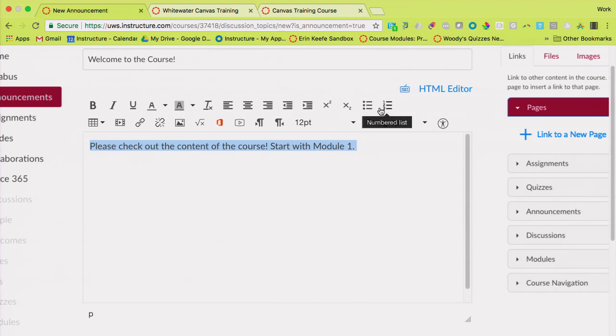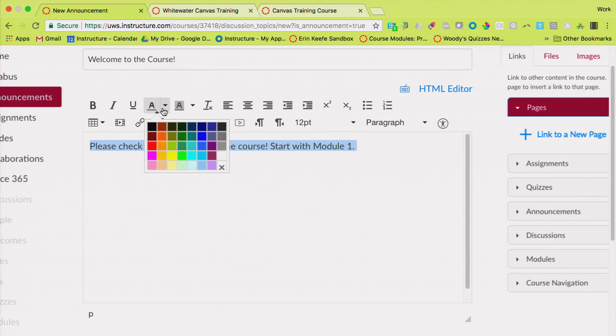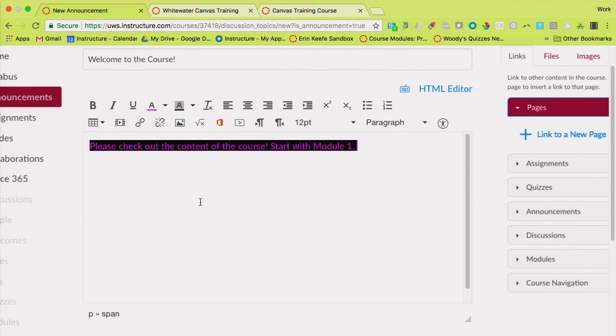Now, the tools that you're going to see in your rich content editor across the top, these are going to be your general word processing tools where you can bold, italicize, and underline. You can change the color of your text. You can also change the background color. It's my job to tell you, though, just because you can doesn't mean you should. So just because there is magenta with a black background